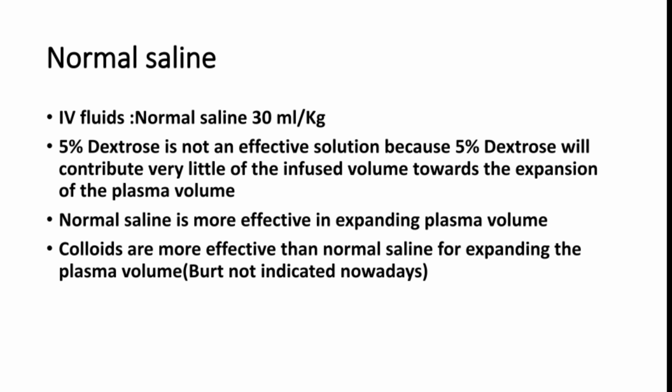Otherwise, the intravascular volume maintained during the initial phase will be very fast shifted to the extravascular compartment, and the patient may go into intravascular dehydration. To prevent that, you correct the intravascular dehydration with normal saline plus or minus albumin, then give dextrose, which will shift very fast to the extravascular compartment and fill that. So that strategy can be taken there.